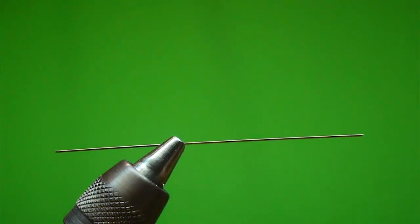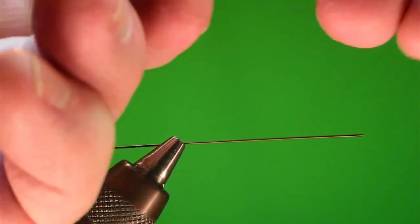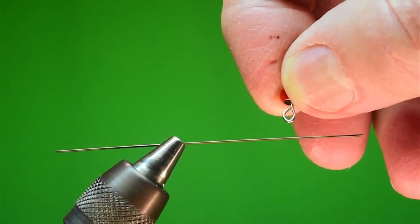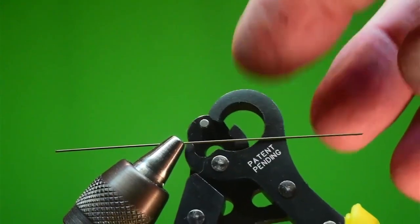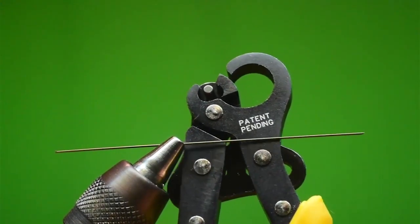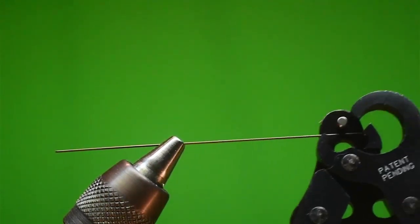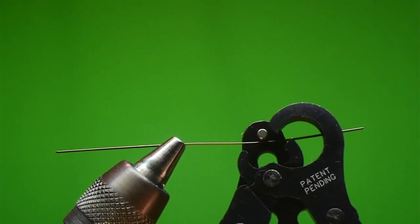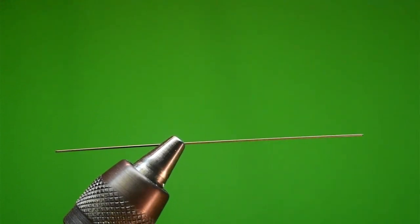Now here's the way you use the tool. A little bit different than what it was designed for. Remember, it was designed to make the loop, which means it folds the wire back and cuts it as well. And that's what this part right here is that as it closes, see how that comes up there? And it gets to that point, it folds it around and it's cut the end off. And you actually slide the wire all the way through. And then as you come up, it'll cut that and then fold the loop. Well, I don't want that to happen because I'm not making a loop for beads. I'm making a